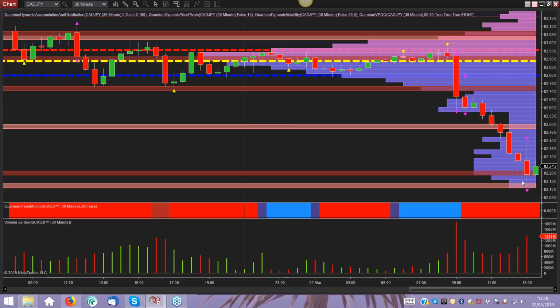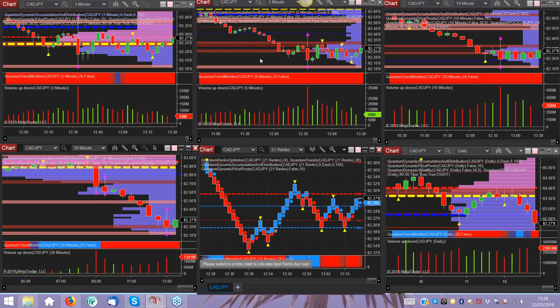Lots of volatility. Expect further volatility to follow, and it's just a question of being patient and waiting for it to break. But there's rising volume. You can see the volume here starting to rise. This is the US session, just coming out of the UK session. We've got rising volume all the time, and the trend monitor is very bearish as well. So, it doesn't look terribly good for the CAD yen at the moment. Maybe that might get a boost from oil, you never know, or vice versa. Let me just pass back to Anna at that point.